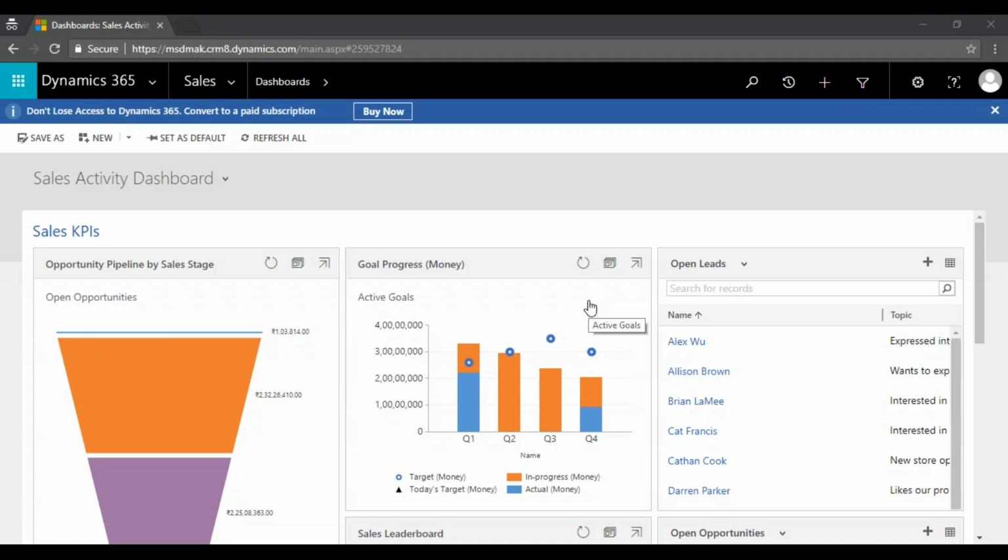Okay, so let me recap what we covered in the last session. In the last sessions, we covered the functional overview of Microsoft Dynamics CRM with an example of Samsung, how we are going to do advertisement, marketing, sales, and service.